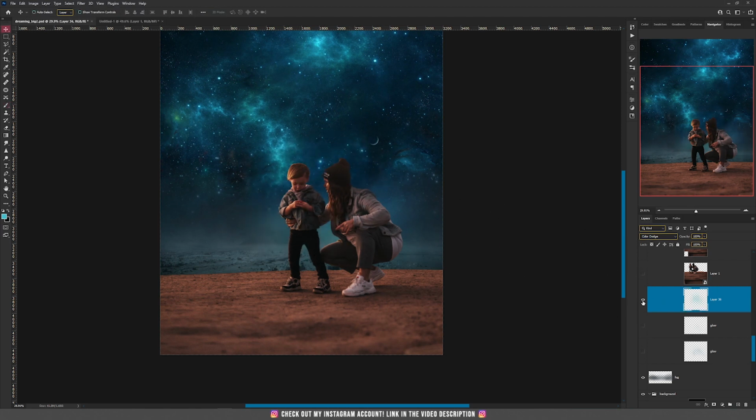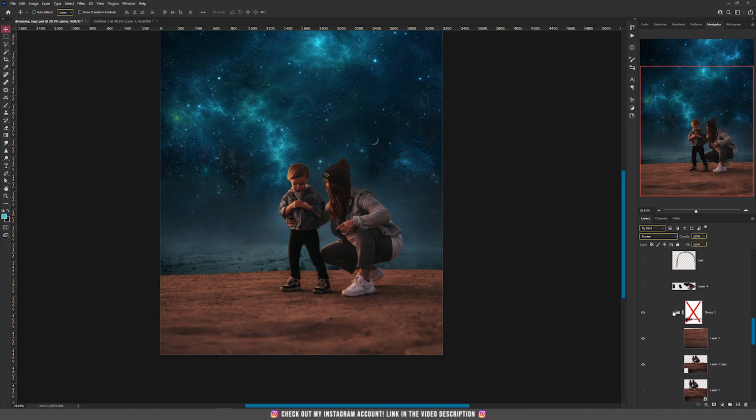And here it is. It's a really nice glow, and you can do the same thing by using the screen mode this time. So create a new layer and set it to screen and repeat the process, and here it is. You have a really nice glow behind them. And then I placed everything into one group,